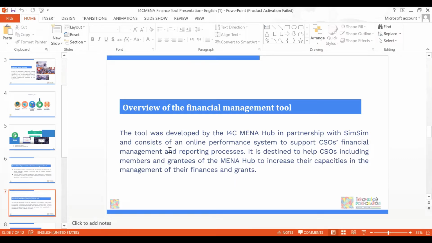So the main objective of this tool is first to address the needs and the recommendations of the needs assessment carried out during the co-design meeting, and also of course to strengthen the capacity of the CSOs in terms of financial management.